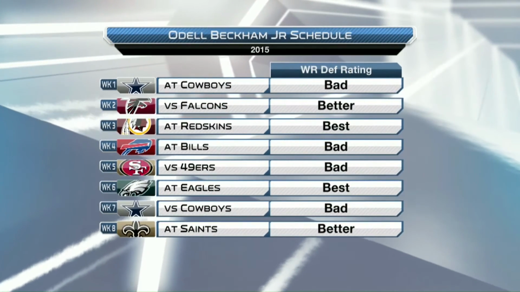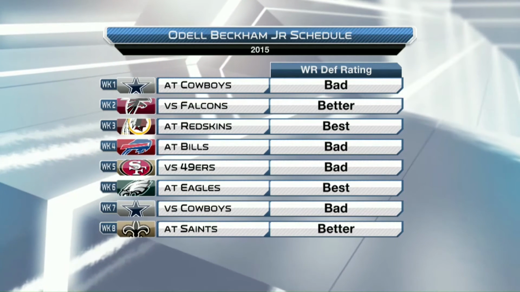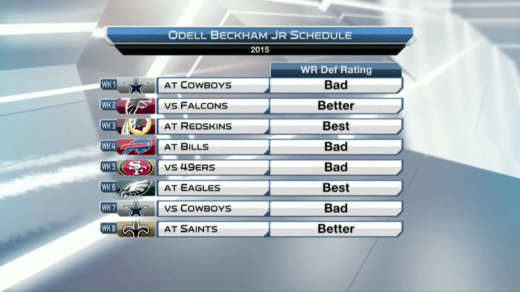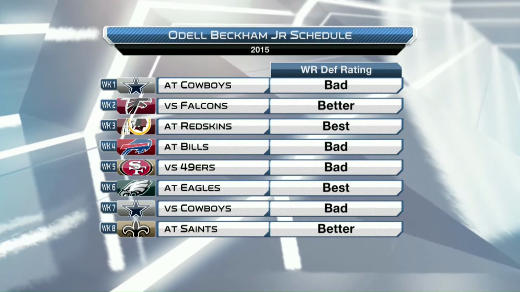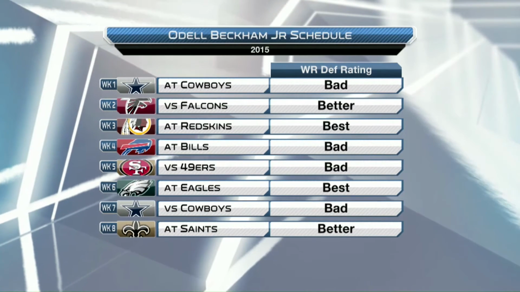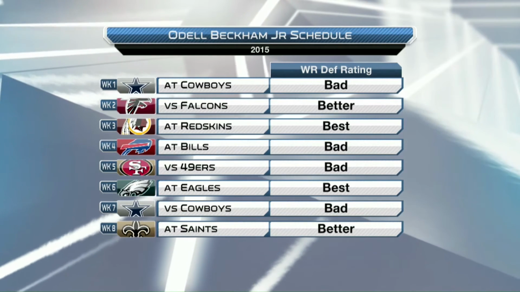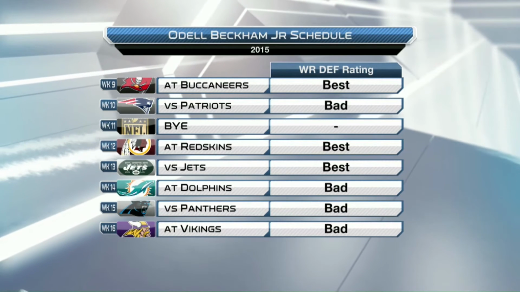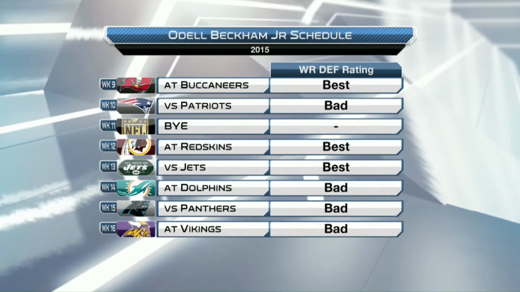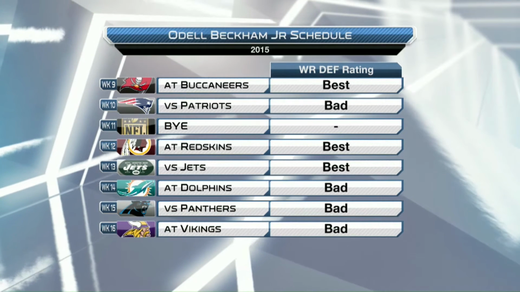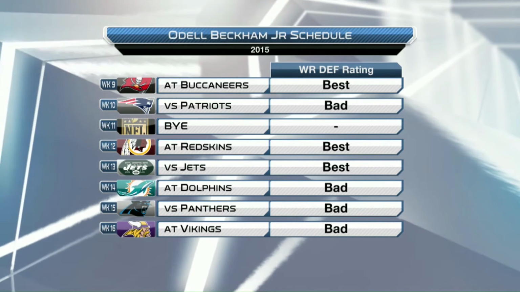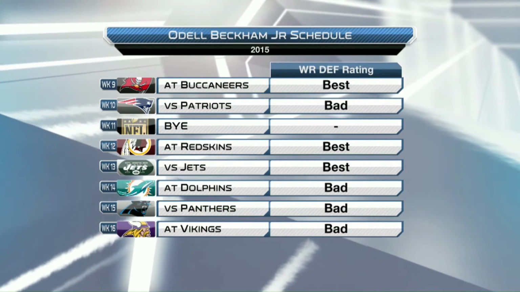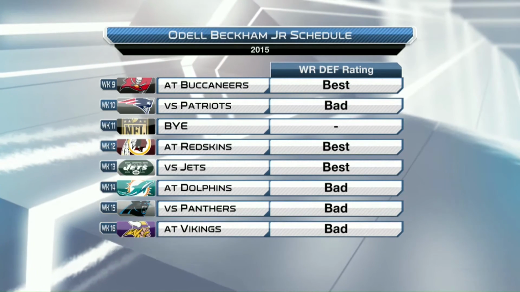So now, real quickly, as we get to 2015, what does the algorithm have in store for ODB? A lot of people are going to be overdrafting him, like you said, but let's take a look at his schedule. He has a very favorable schedule. He has the 4th easiest fantasy schedule of wide receivers this year. He has 5 best matchups and no worst matchups in 2015. Here's the front end of the schedule, and in the back end, his fantasy playoffs are tough. 14, 15, 16, bad matchup, but we saw last year that he still does work against those tough defenses. He has the 4th easiest schedule based on the algorithm for this year.